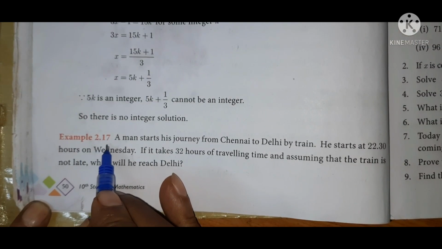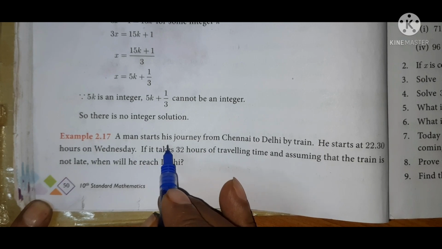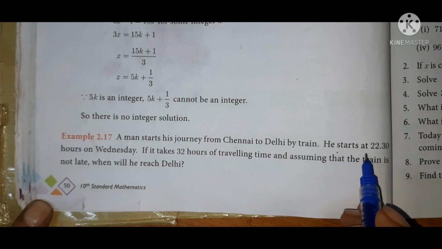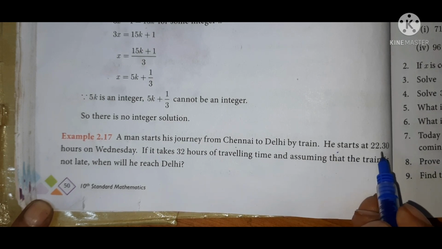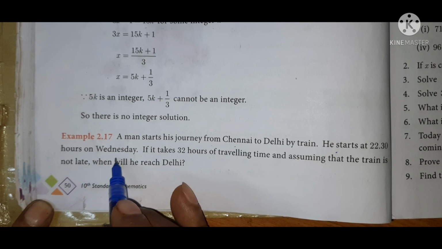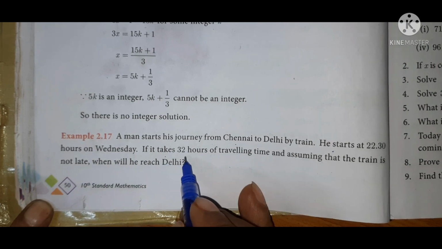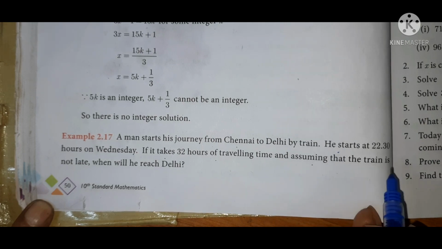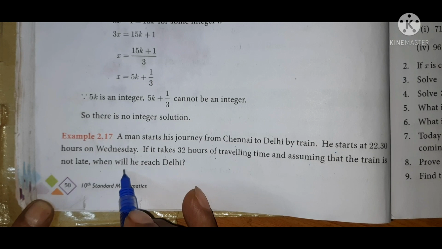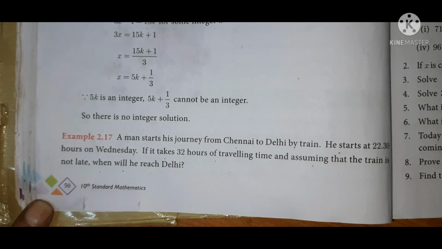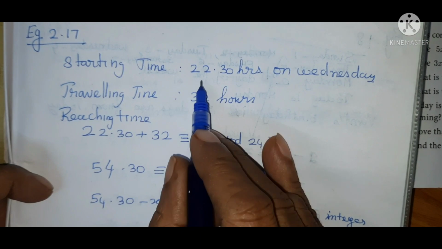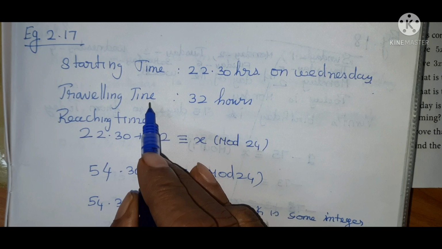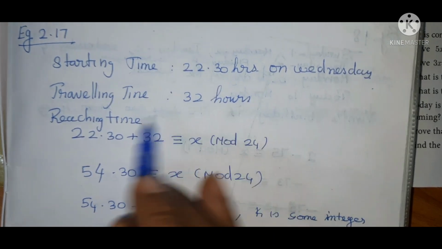Example 2.17. A man starts his journey from Chennai to Delhi by train. He starts at 22.30 hours on Wednesday. If it takes 32 hours of traveling time and assuming that the train is not late, when will he reach Delhi? Starting time: 22.30 hours on Wednesday. Traveling time: 32 hours. Reaching time: